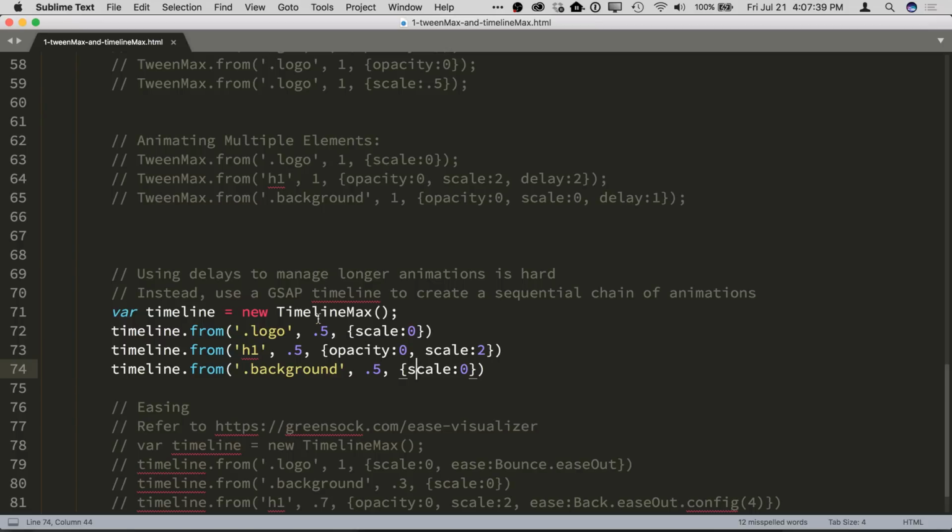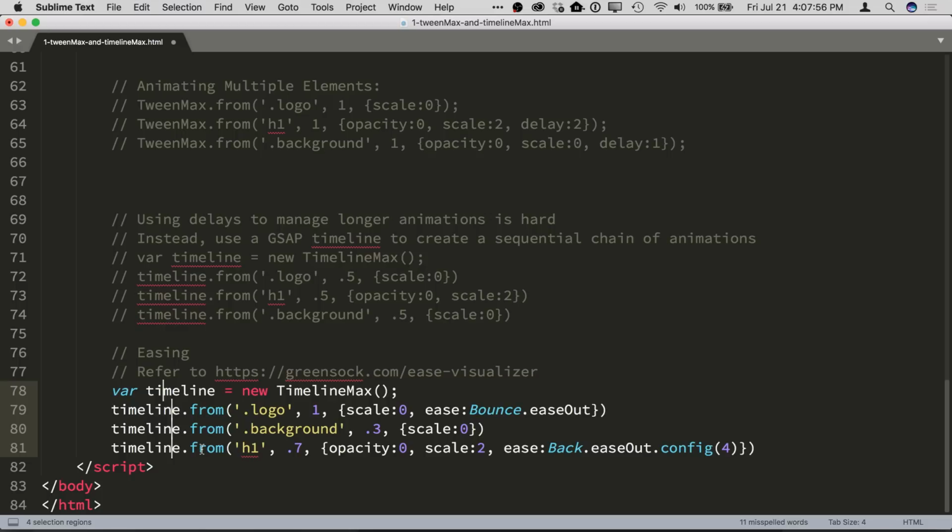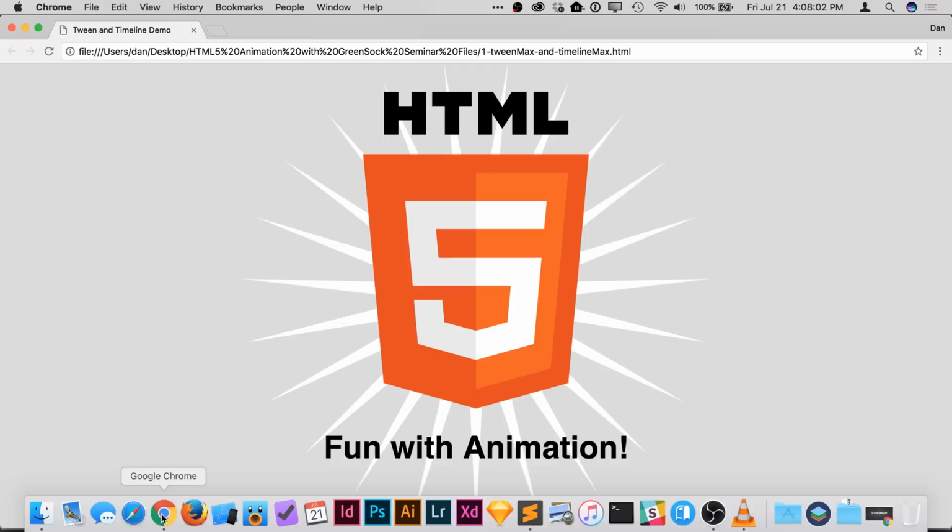But the basic idea of a timeline is, unless you do something with the position parameter, that they happen one after the other. The position parameter lets you change that behavior. All right, so now I'm going to go in and comment that out and switch over here to this example where I've added in some easing. So let me go back to the easing visualizer that I went to earlier